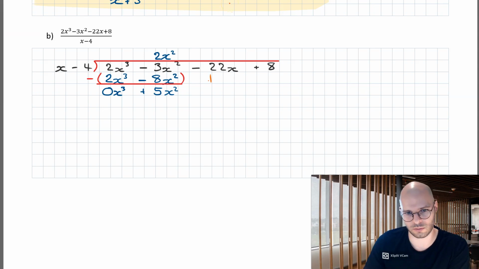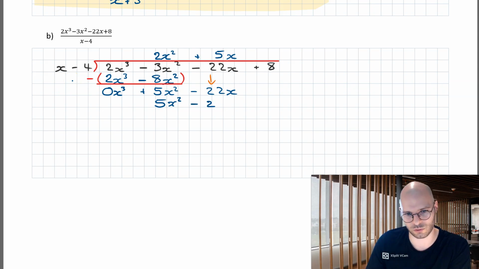Let's build our working expression. So minus 22x comes downstairs. After which we say, how do we turn x into 5x squared? We have to go plus 5x. Doing the multiplication now, 5x times x is 5x squared, and then 5x times minus 4 is going to